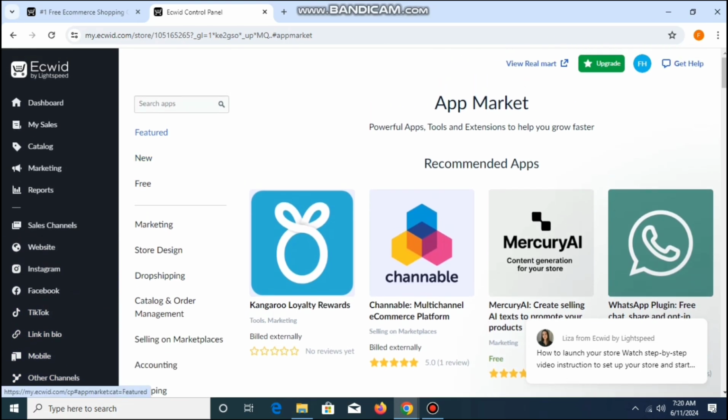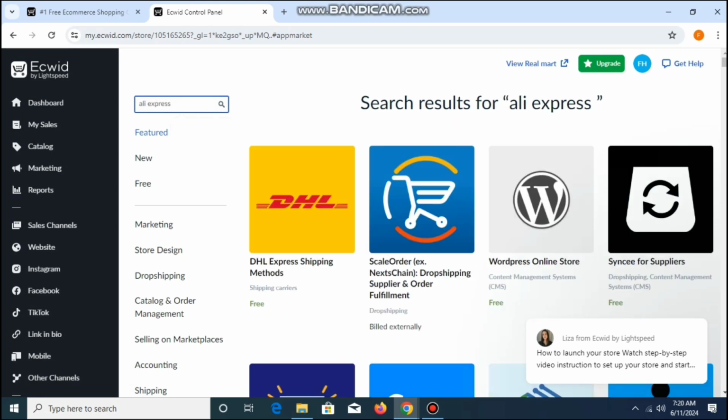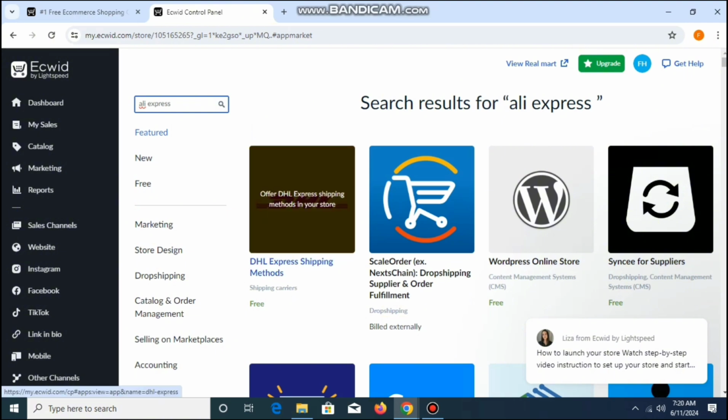is to come up here and click on search apps. I'll click on it and then you search AliExpress drop shipping, or you can just leave it at AliExpress, anyone. Then when you